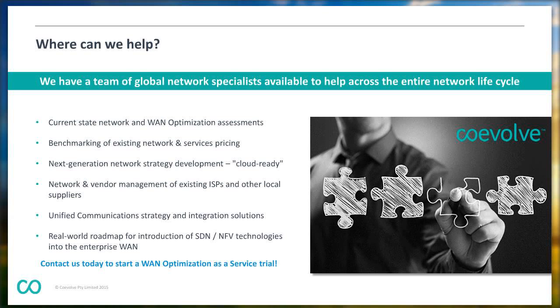CIOs hear about these all the time at every conference they go to, but it's not often clear what that means to an enterprise's actual environment where they need to support real users today, but also have a plan for the next few years. So we're helping make sense out of a lot of those technologies and help introduce them on a controlled phased basis into enterprises as they become more mature. So they're all the areas that we can help with.